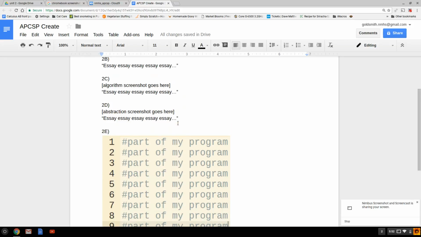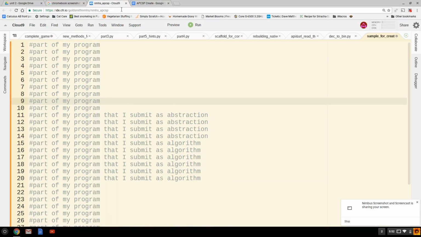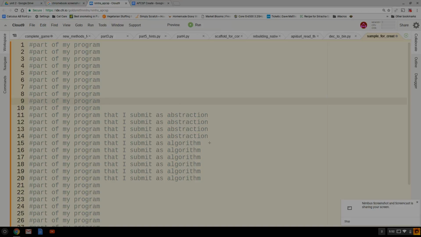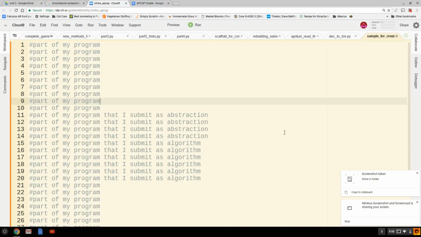Next, we're going to do the screenshot of what happens to be our abstraction, and then that's also going to go into 2D marked with a rectangle. And I'll be showing you how to get it into 2D marked with a rectangle and everything else that we need to do. So again, Control Shift Select, starting here, looks good. We're going to copy it to clipboard,